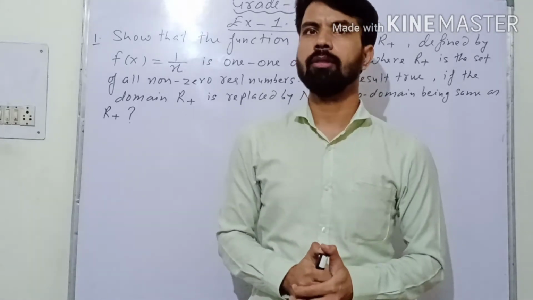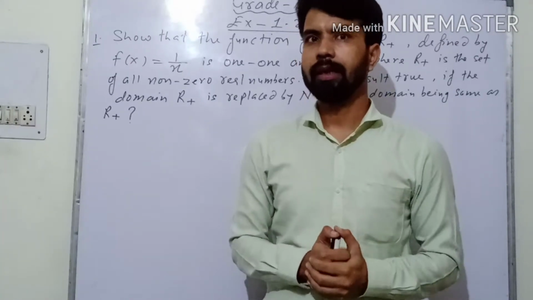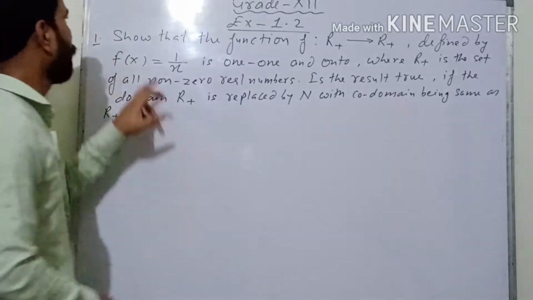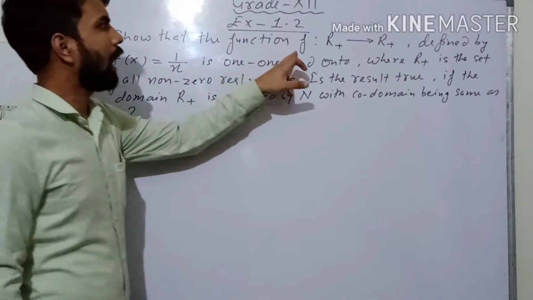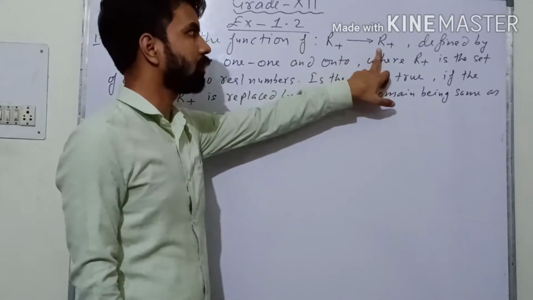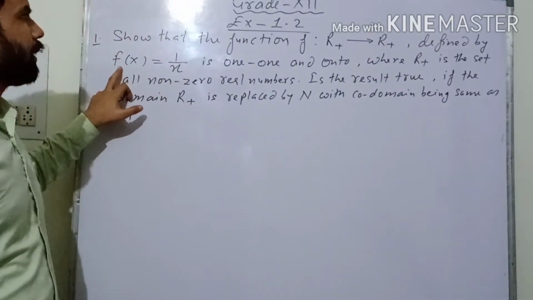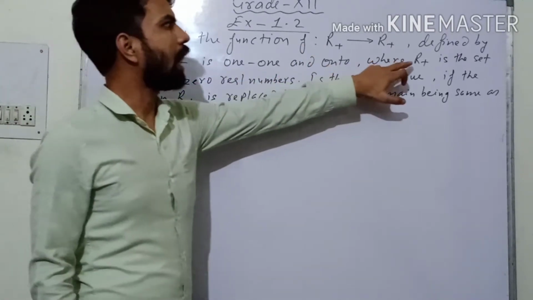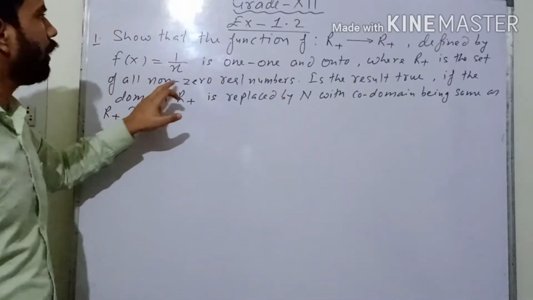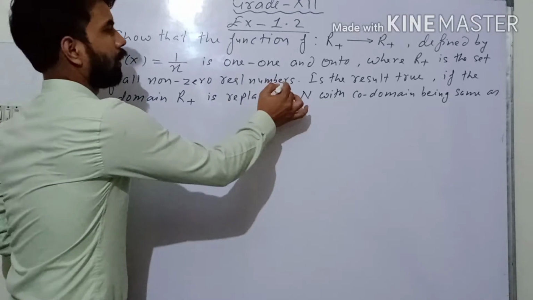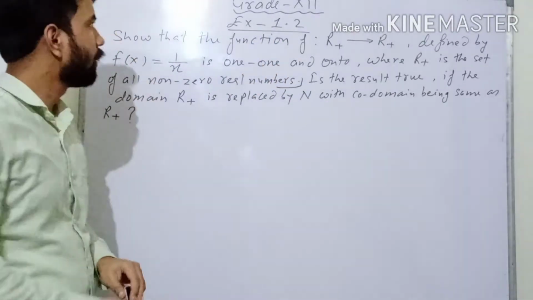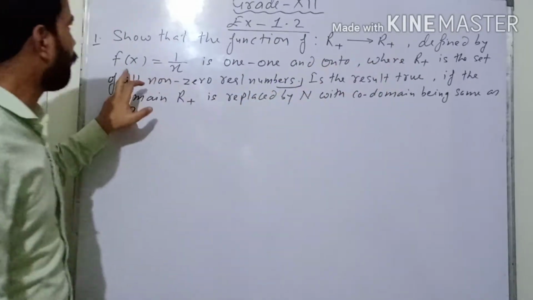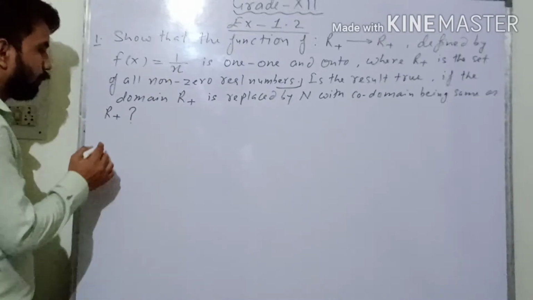Today I am going to explain you exercise 1.2. It is based on functions. Clear? So the very first question is: show that the function f from R positive to R positive defined by f(x) equal to 1 upon x is 1-1 and onto, where R plus is the set of all non-zero real numbers. First of all, we will solve this part only. The question is saying we have to show the given function f from R to R defined by f(x) equal to 1 upon x. So what we will do here,